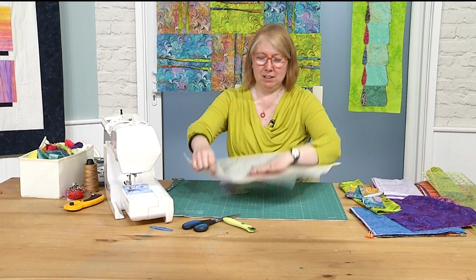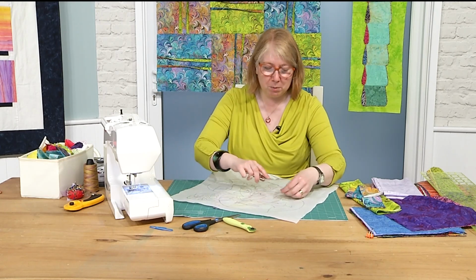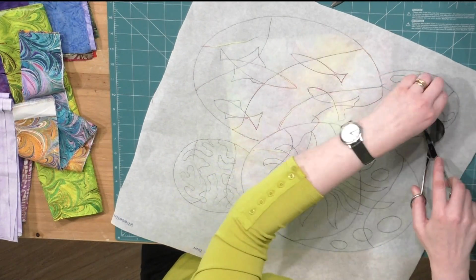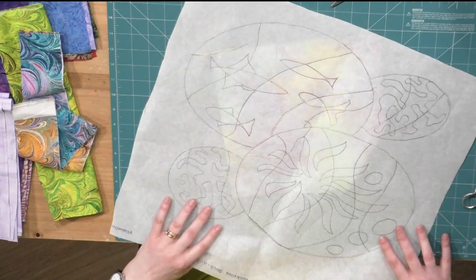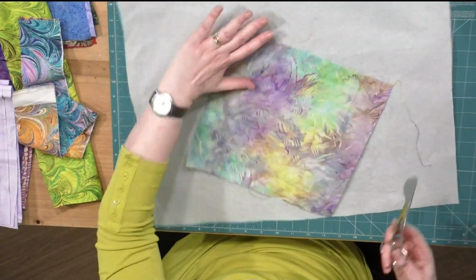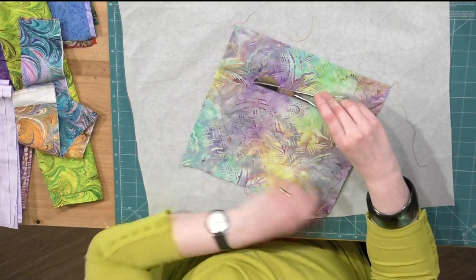Composed myself. Right, okay. So we've got this fabulous shape here. I'm going to trim off my spaghetti as I go, because I didn't on one of them and then I regretted it. So spaghetti, there we go, trimmed. Turn it over. Now I've got applique scissors. If you haven't got applique scissors, I'll show you how to do it with that as well. Oh, what's the difference? So applique scissors are...